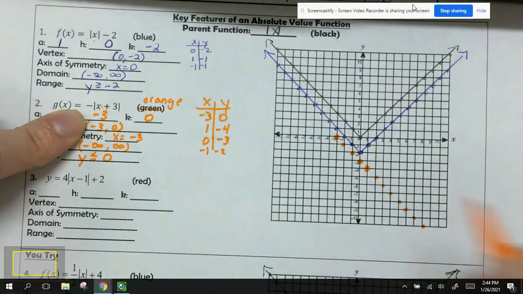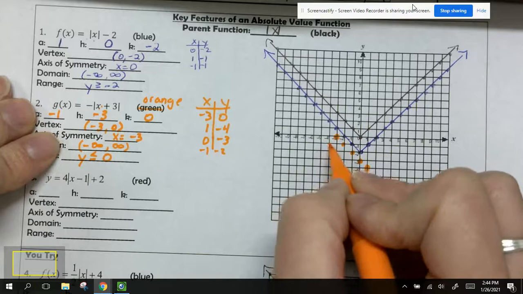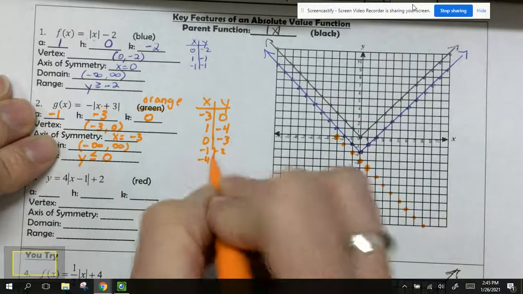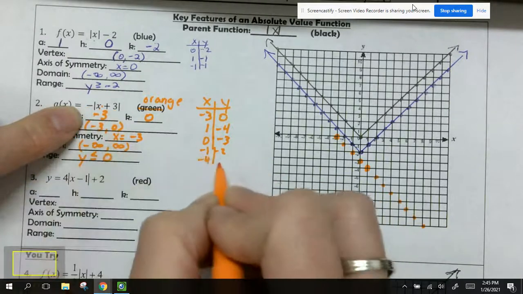Okay? And it's going to do the same thing. Remember, this makes a V, so it's going to do the same thing over here on this side. If I were to put in negative 4, negative 4 plus 3 would be negative 1, and then the negative on that side would make that a positive